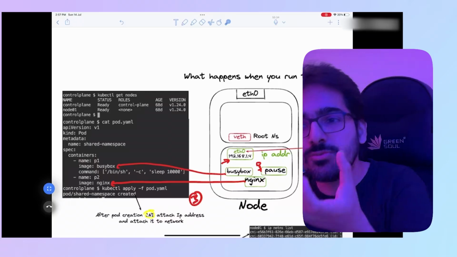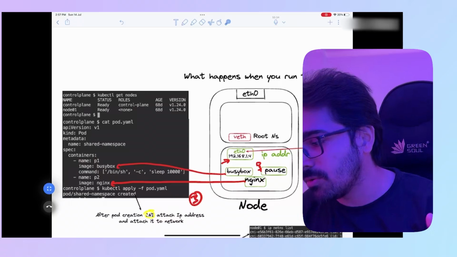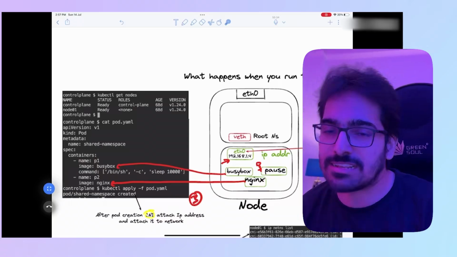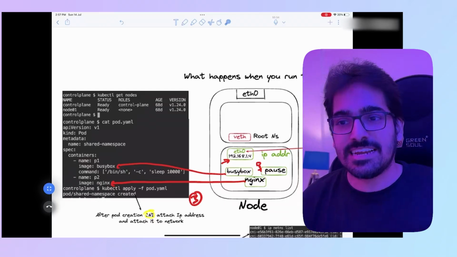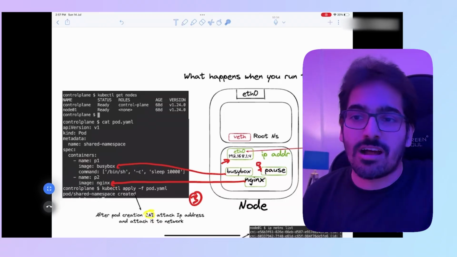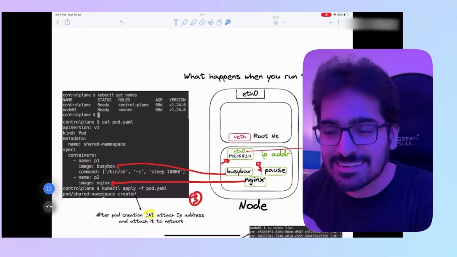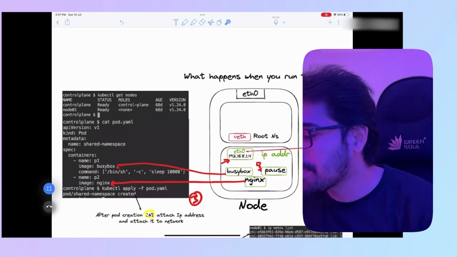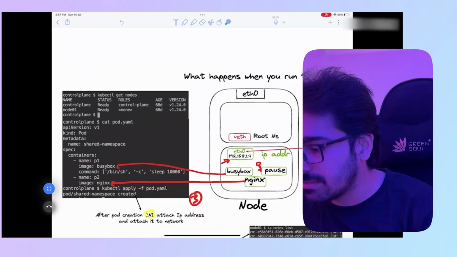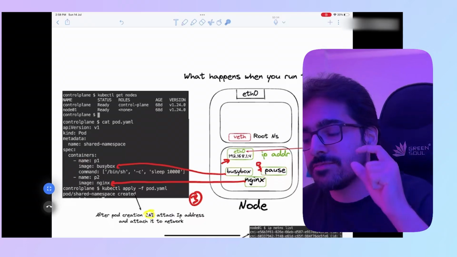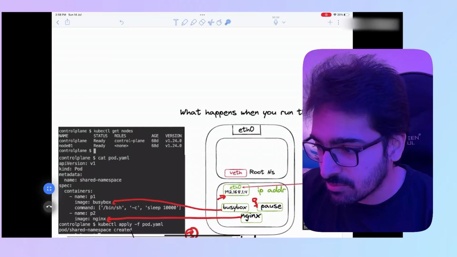It is basically used to hold the network namespace. That was the only thing it was created for, and that is the only thing it is actually being used for. That is why it has stayed from the start, 10 years plus in the Kubernetes ecosystem. The pause container still remains. So the pause container will hold the network namespace, and that is the reason why we can have a single network namespace. Because what happens is, when you create a container,